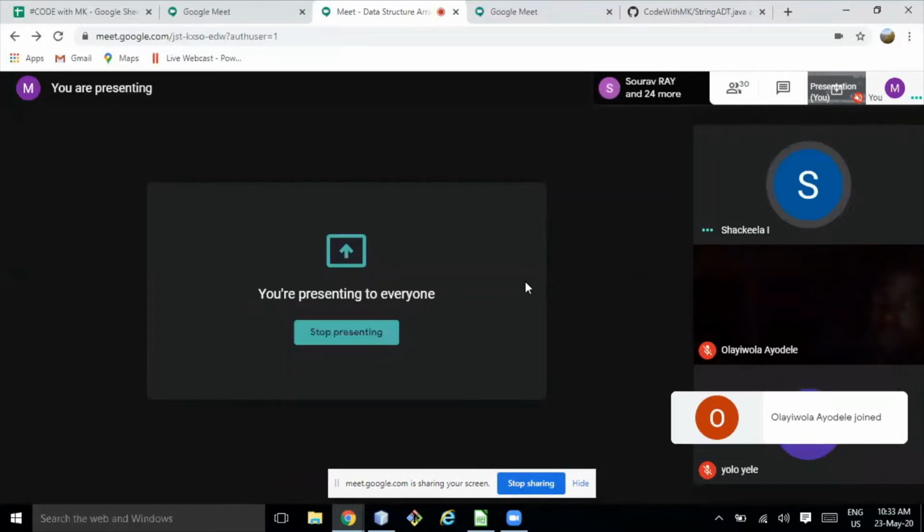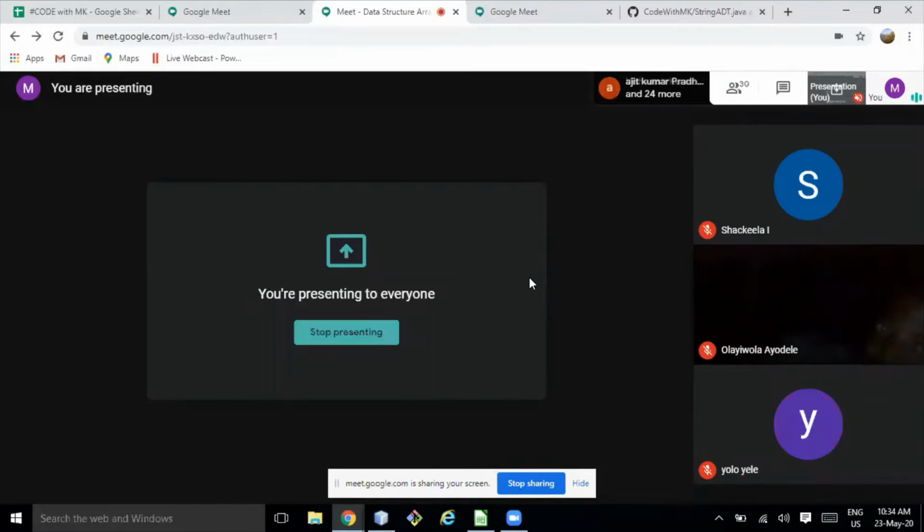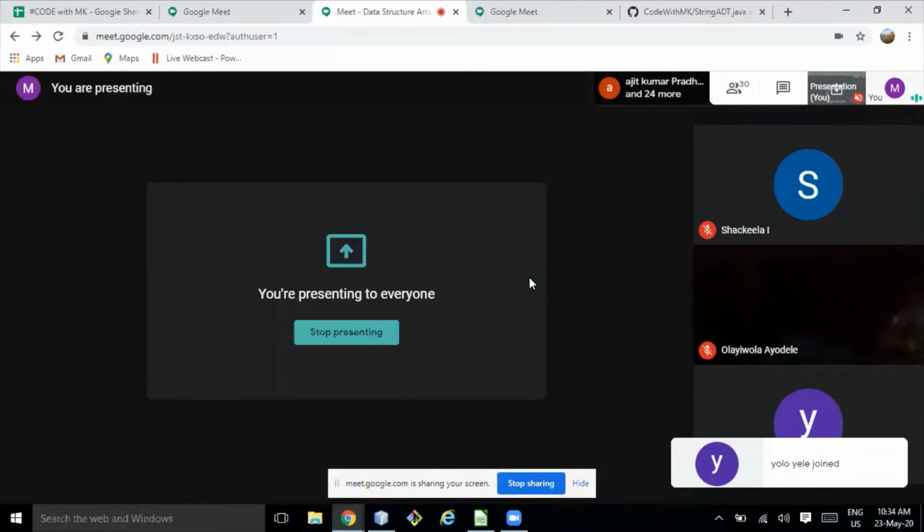It doesn't match. Yeah, it's not matching. So there is some issue with your implementation. The reason is you are just reversing it. You are trying to rotate once and then comparing, but you are not sure how much rotation has been done: 2, 3, 4. And there is one good problem: if two strings are given and one is a rotation of another, then you may need to ask how many rotations have been done in the second string. So who are really interested, you can work on that problem as well.